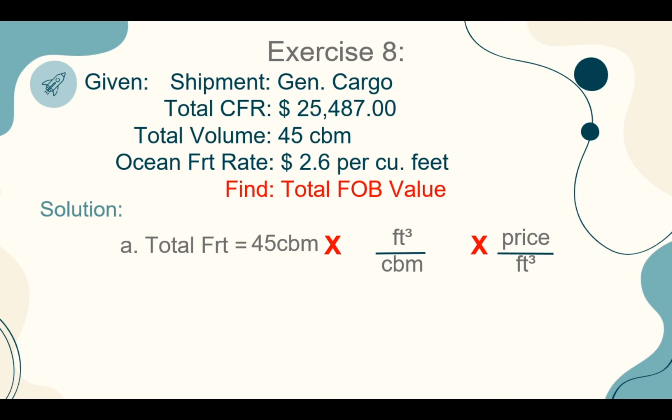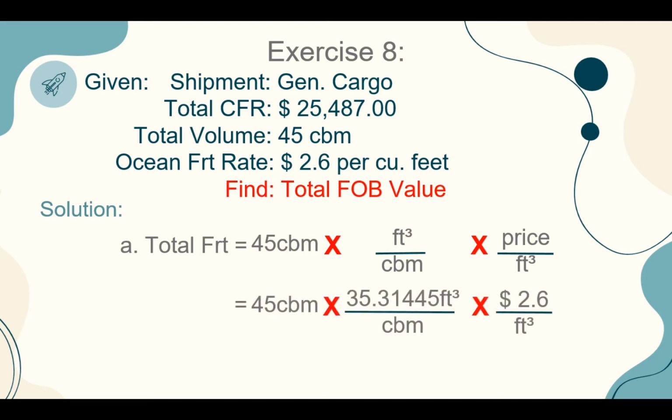So, substitute. So, 45 CBM multiplied by ilang cubic feet tayo meron sa CBM? 35.31445 cubic feet per CBM. And then, multiplied it by the price over cubic feet. So, the answer is, or cancel out same units, CBM, cubic feet, anong natira? Yung price. So, the total freight is $4,131.79. So, freight pa lang yan, ha? Sunod,